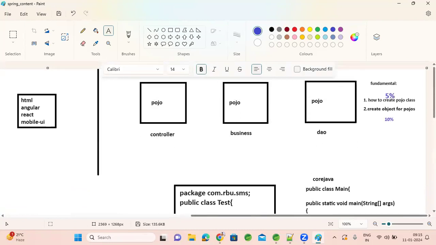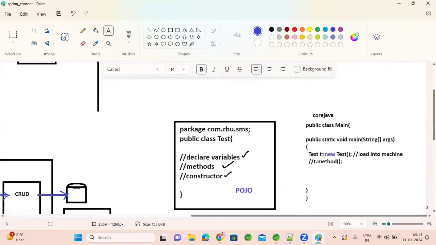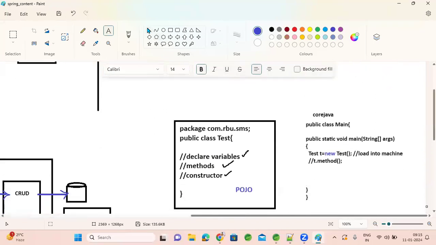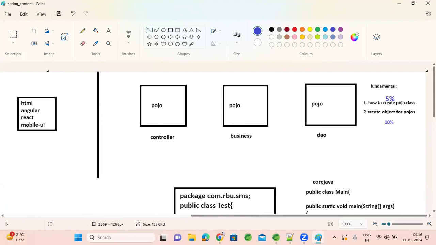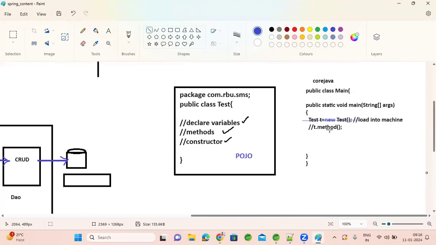But now, what is Spring saying? Spring says, don't worry, don't struggle to create these objects. You don't do this object creation yourself. Instead of you doing it, I'll do it for you. I'll do a favor for you, I'll create it to make things speedy. You just focus on creating your POJO classes. Wherever you want an object, ask me, I'll give you the object.